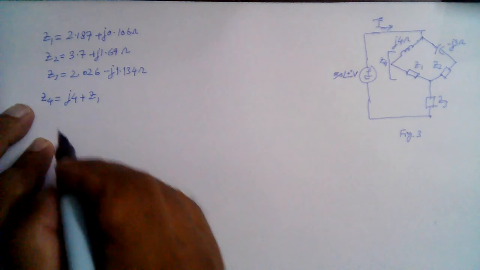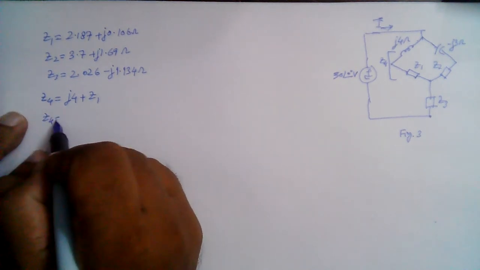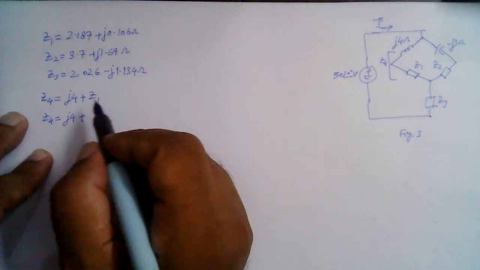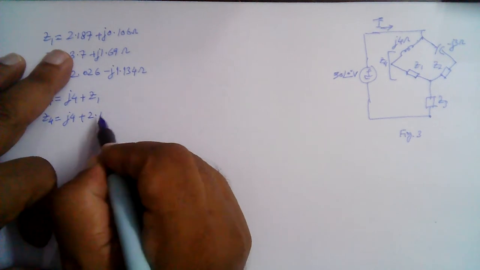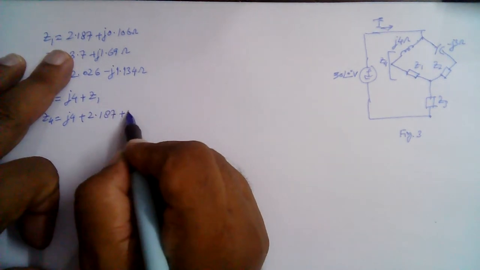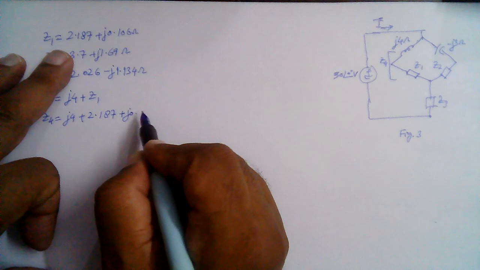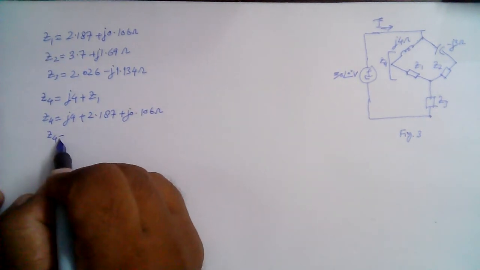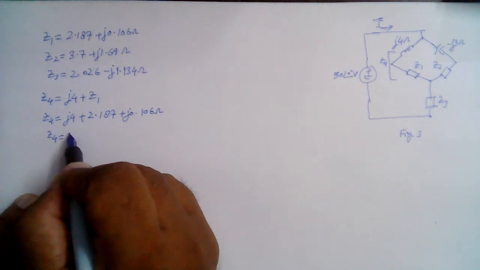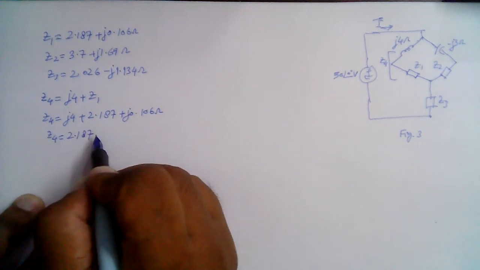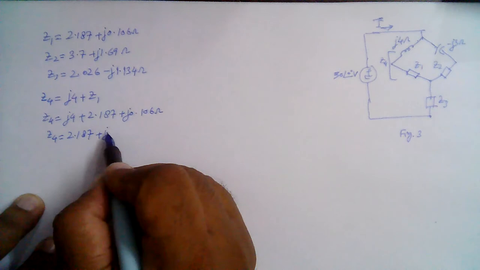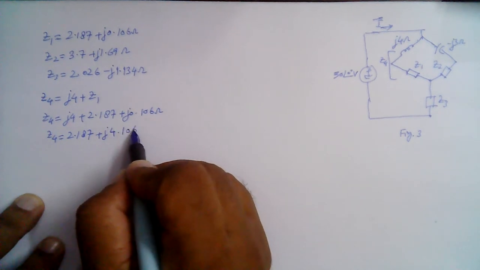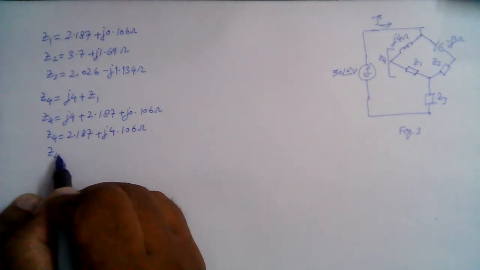So Z4 is equal to j4 plus 2.187 plus j0.106 ohm. So Z4 is equal to 2.187 plus j4.106 ohm. So in the polar form,